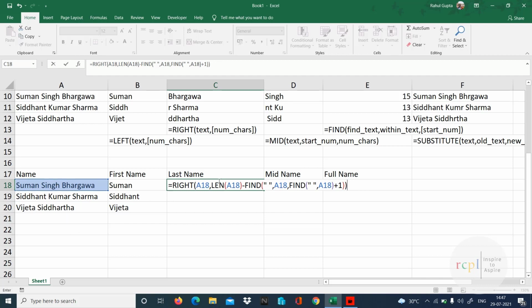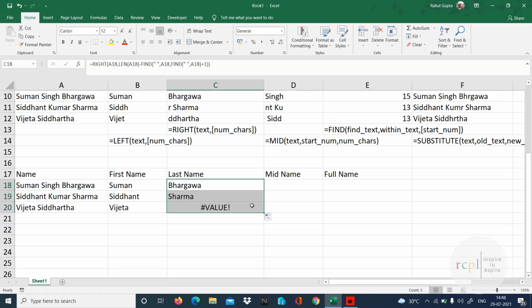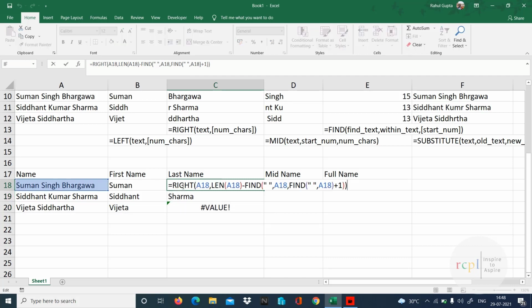So length of my name minus find the second space. In the same way we find the second occurrence of A. So I got Bhargava, here I got Sarma, but here we have Siddharth because it is only a 2 word name and we are not having any 3. So you know it quite well.